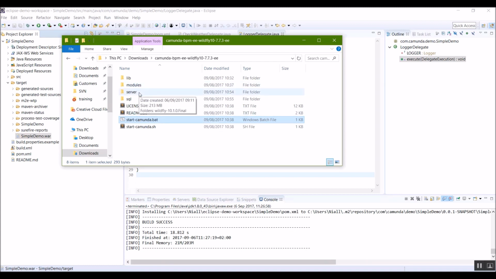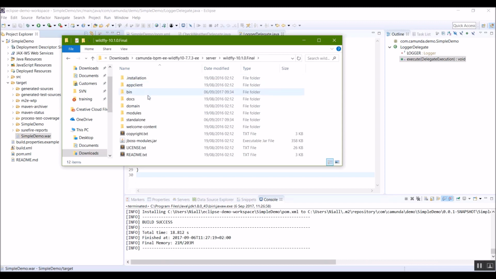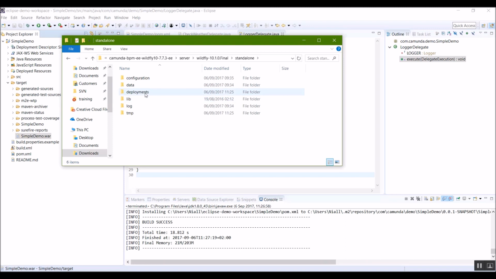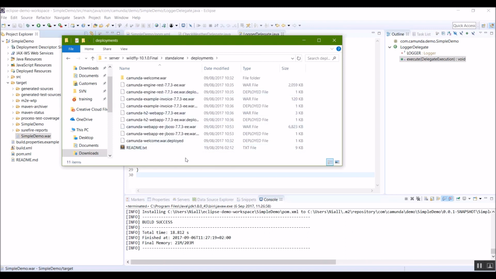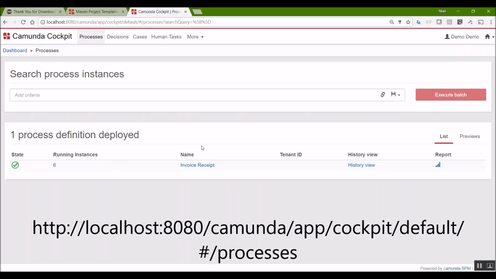So in here, if you open up this server, select the server, in this case it's Wildfly, then go to Standalone, then go to Deployments. This is where we're actually going to put our WAR file, and this will deploy to the engine. So if I simply paste my WAR file here, the engine should pick that up, and then we should see this little file show up, called .deployed. Here, let's go back to Cockpit, and if I refresh this page,